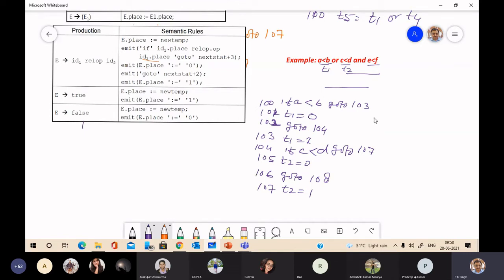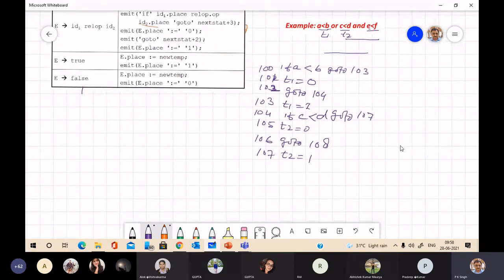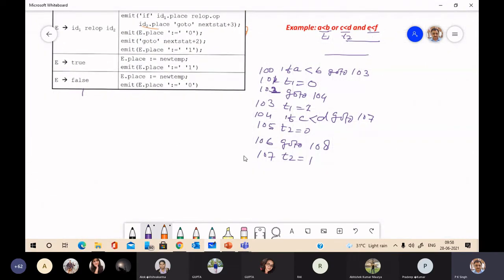So again, it will generate three address code for E is less than F. Now see, the three address code for E is less than F. At 108, before this it will generate a new temporary, that is T3, and here the code: if E is less than F, go to next state plus 3. 8 plus 3 is 111.